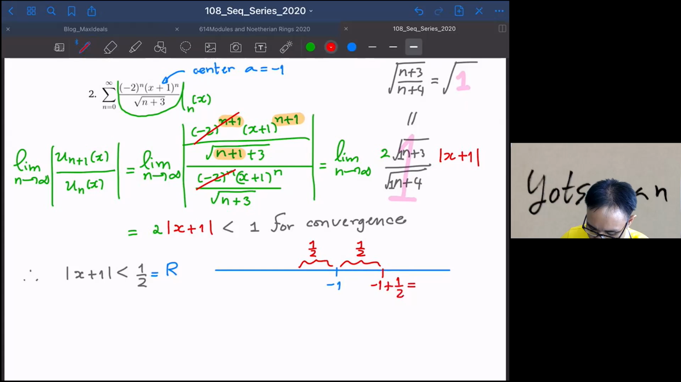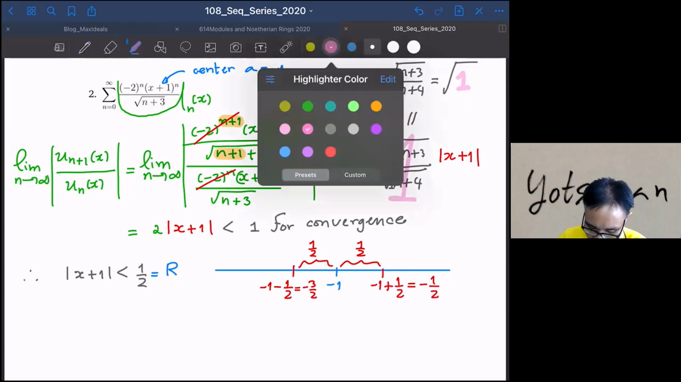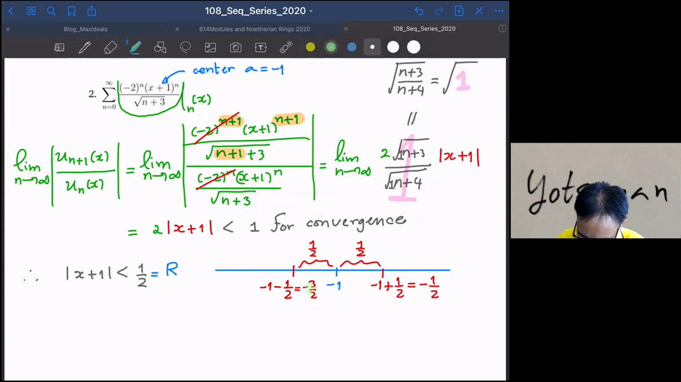So it's going to be -1/2. And on the other side, you have -1 minus 1/2, so it's going to be -3/2. So this one will be the boundary. Okay, so this one is going to be your boundary, and you're going to have the convergence lie inside,